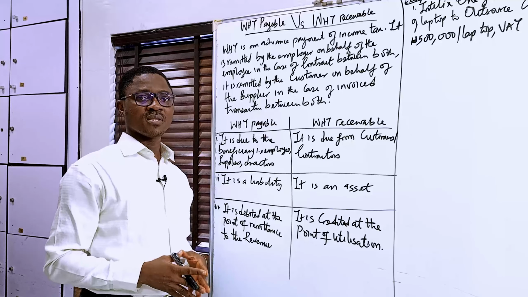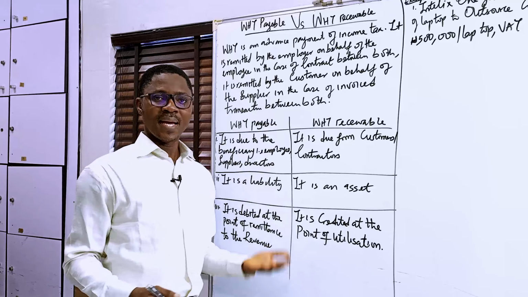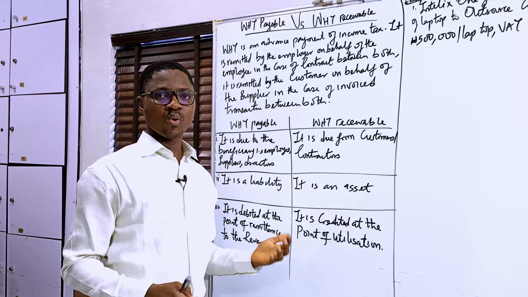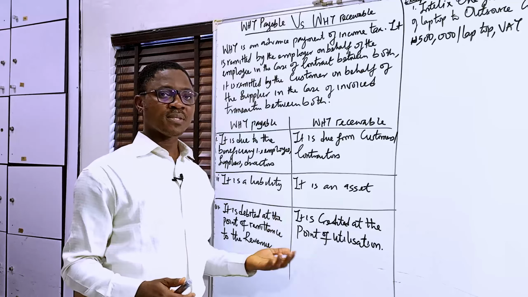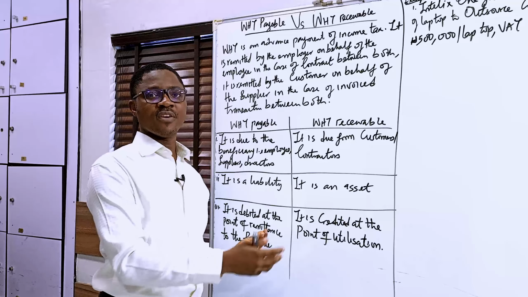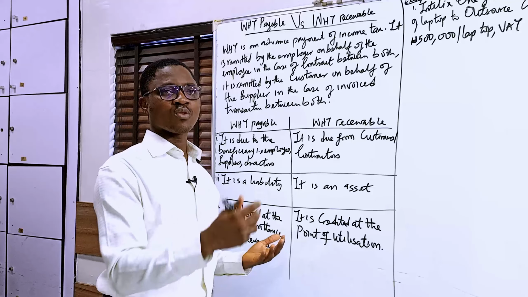This simply means that when there's a contract between an employee and an employer, the employer is the agent of the government to withhold tax on behalf of the employee. So the employer withholds the tax and remits it to the government or the revenue on behalf of the employee, and the employee utilizes the tax at the point of